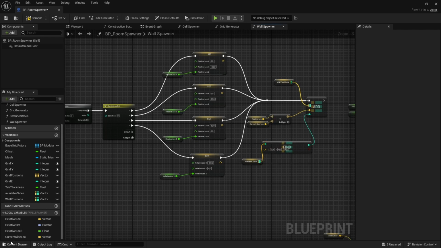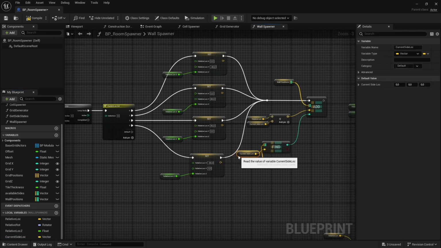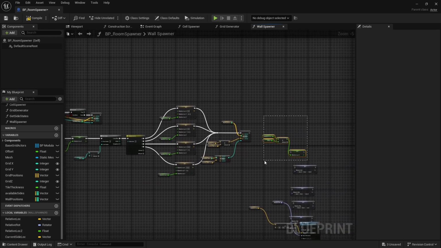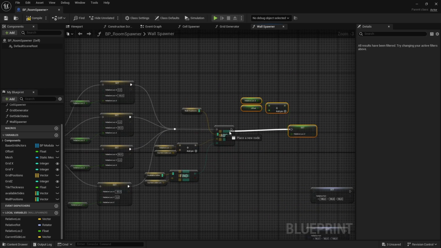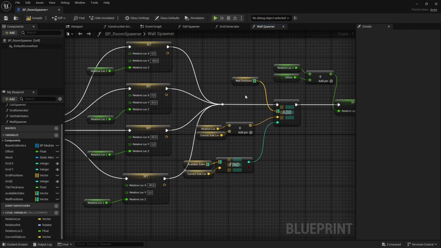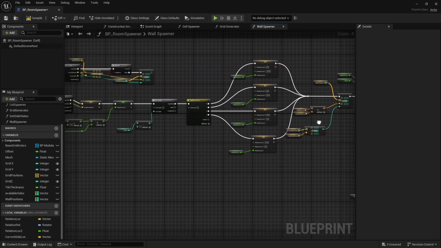Okay, and finally let's connect this previous part we made the last video. This way we are saving the vector location of each wall, so no matter how many walls we have, we will be saving it in the wall positions map with its direction identifier. Okay, so